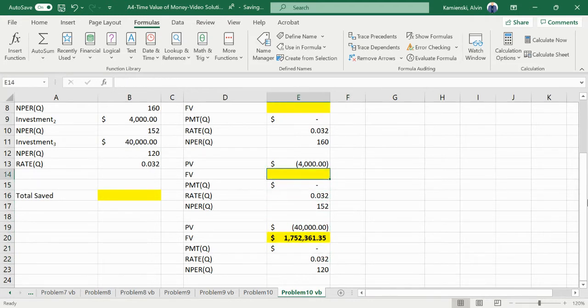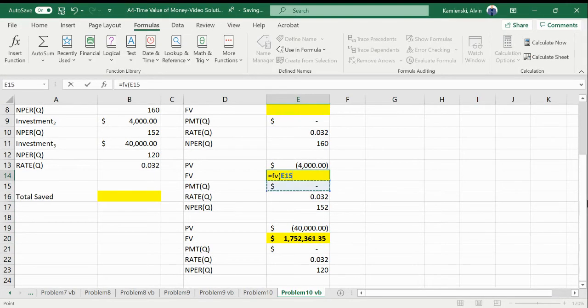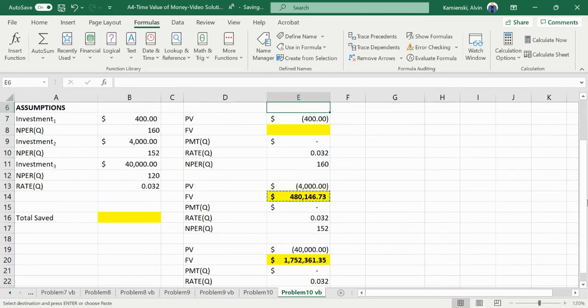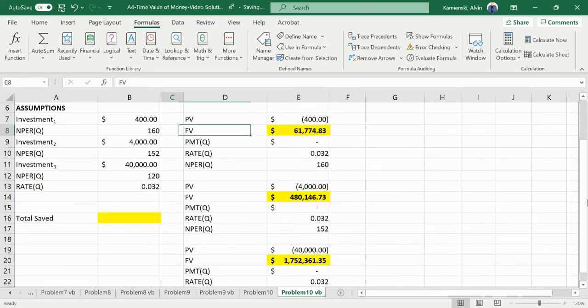Let's drop it in one more time. Up here, equals future value, 3.2 per quarter. This one's got 152 with no payments, but we're investing that 4,000. And because we laid it out the same, we should be able to just paste that one there